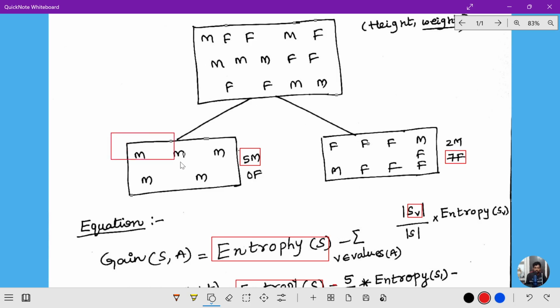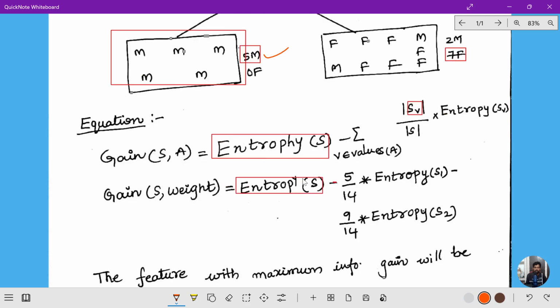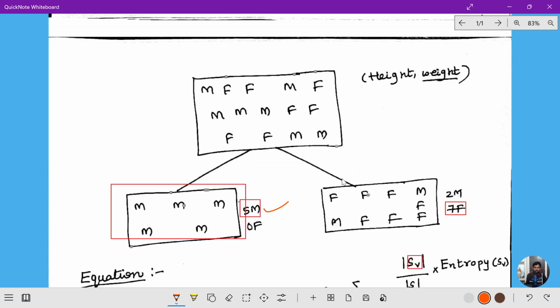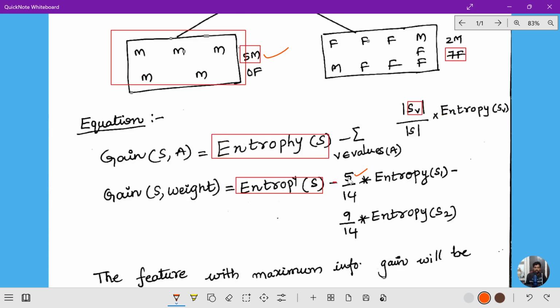After this split, in the first child node we have 5 males. That's why we have taken 5 males, divided by the total. In this the total is 14. So this is written as minus 5 by 14 into entropy of